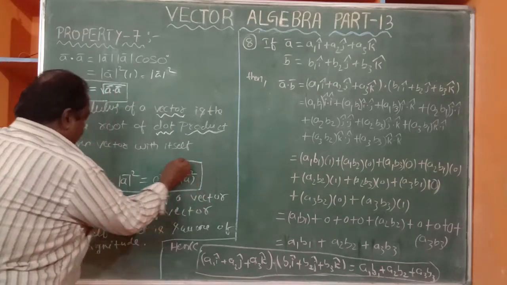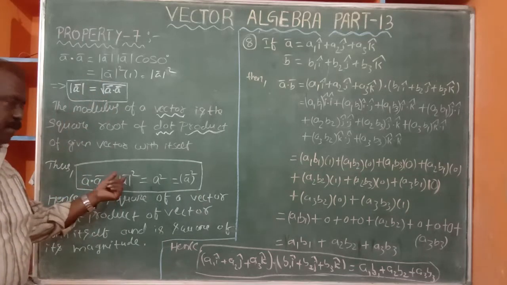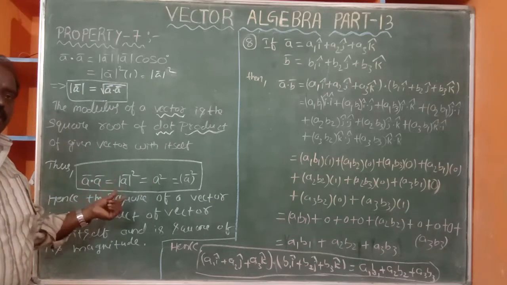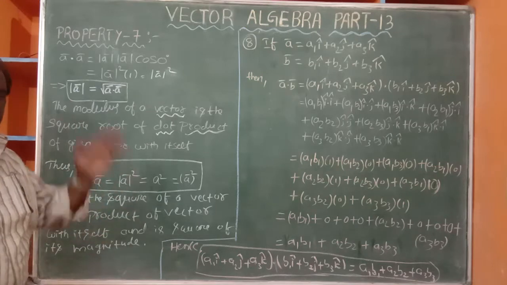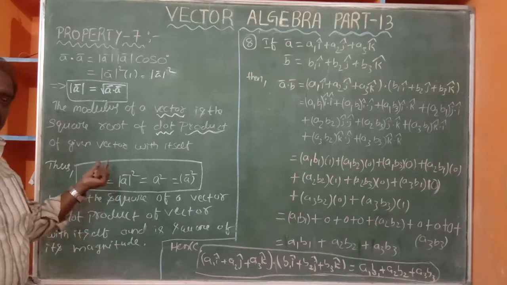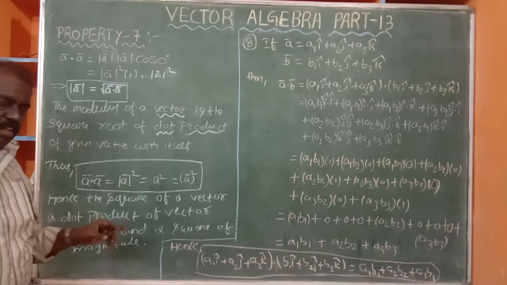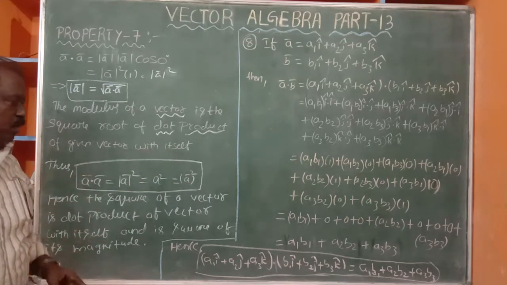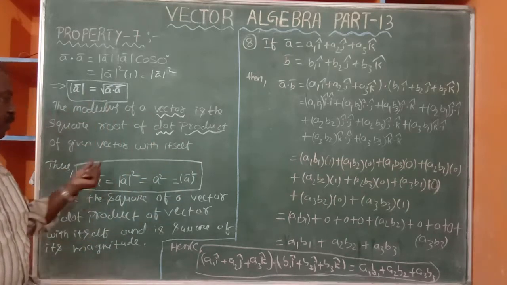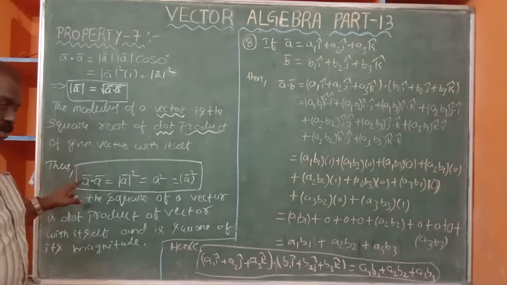These are all notations. A bar dot A bar, already we proved, is modulus of A bar squared. With that notation, every time it is not needed to write modulus of A bar, modulus of X bar, or modulus of L bar. Simply you write A or X or Y or L like that. So it is A squared, that is nothing but A bar squared. So the square of a vector is the square of its magnitude. Try to understand. Or it is the dot product of itself.